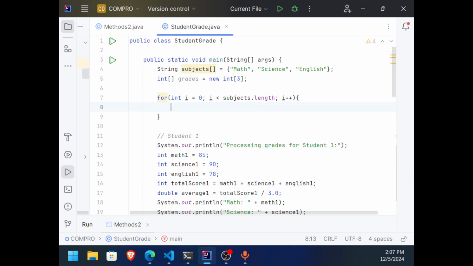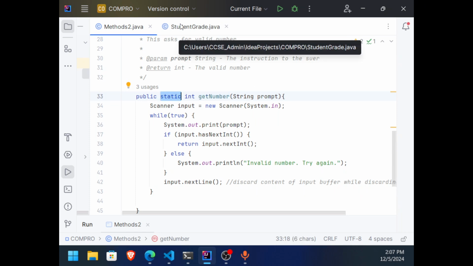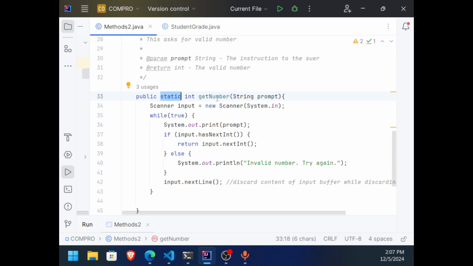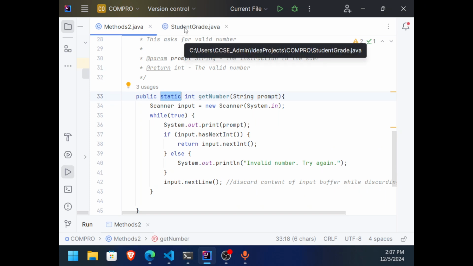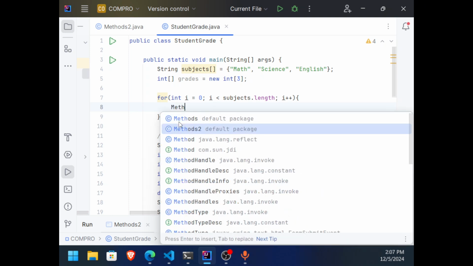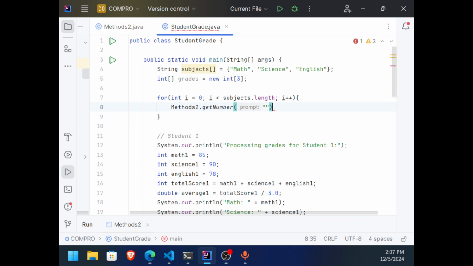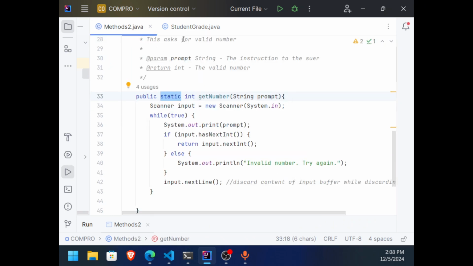Get number. The purpose of static here, guys, is that I can directly use that in another method, another class. For example, in here, I can have Methods2.getNumber, like that. The reason why I can directly use it like Math.pow, Math.sqrt, and so on and so forth is because it is defined as static.